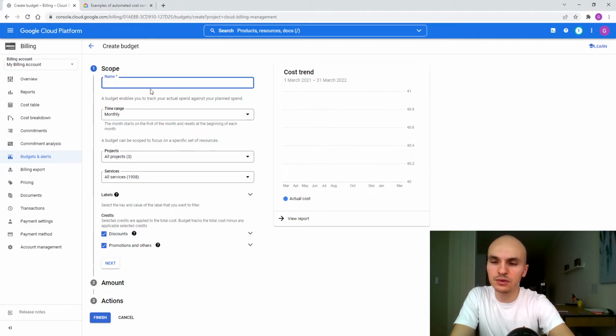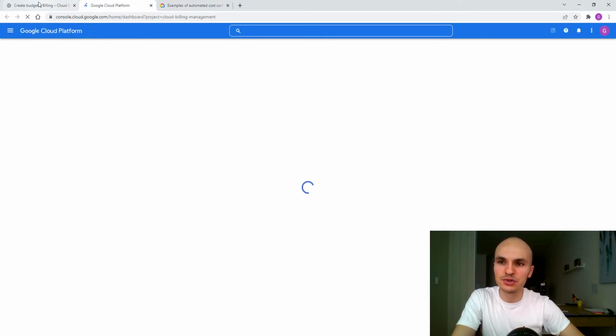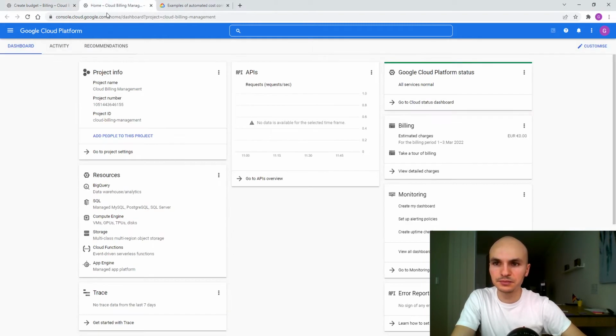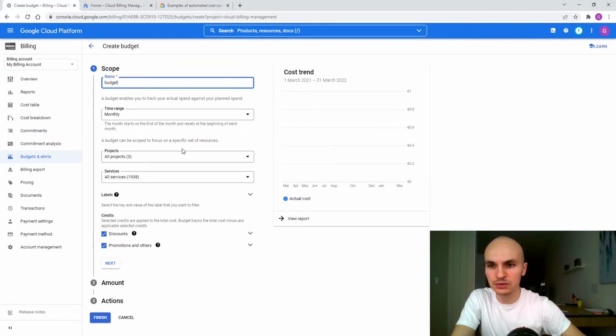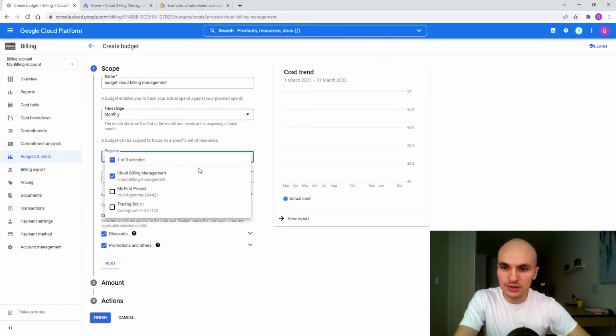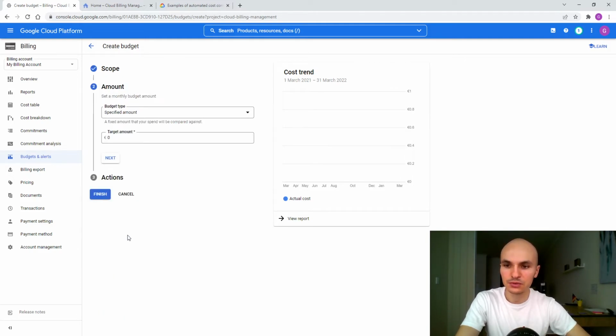Or actually, what's smart is to call it the same as our project, because it's the budget for our project. So it's going to be budget, Cloud Billing Management. Right, we want it monthly, and here we select the project, so it's for this project. We want the discounts if we have them, and then we go next,